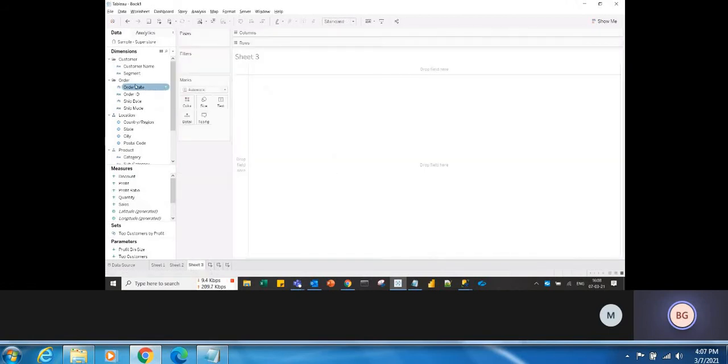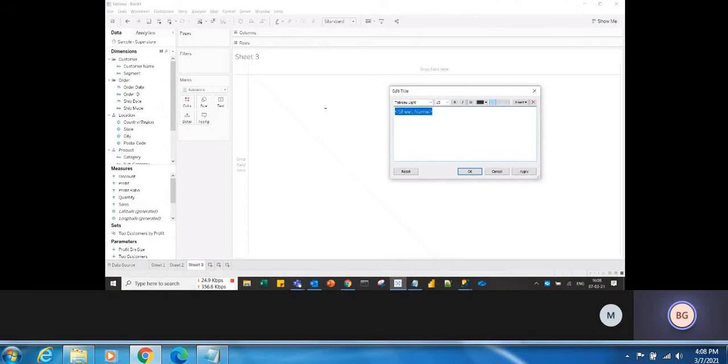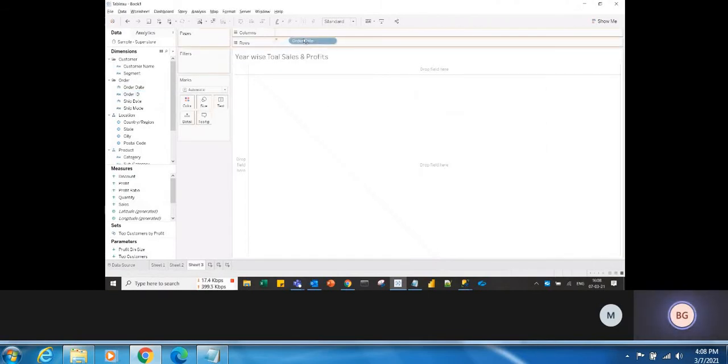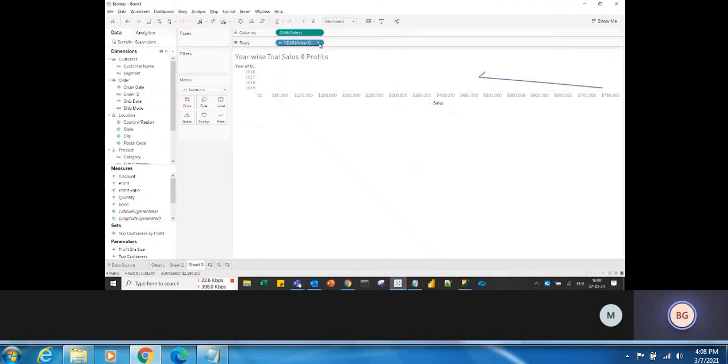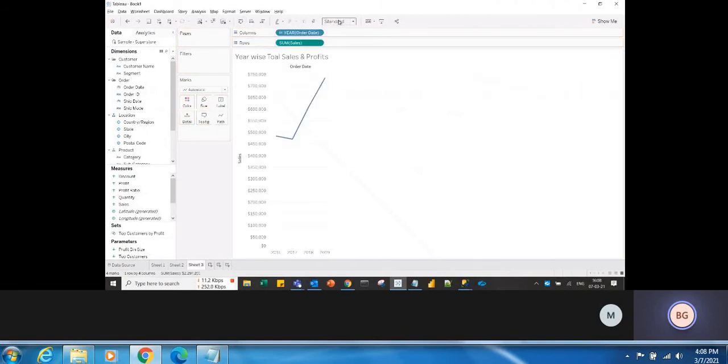So drag the order date similarly, and now drag the first measure as usual. Okay, so let me swap it and take entire view. Okay, so the second thing, to create the dual axis, you have two options. Like for the blended axis, you are dragging this measure into existing axis, correct? It will create blended axis.